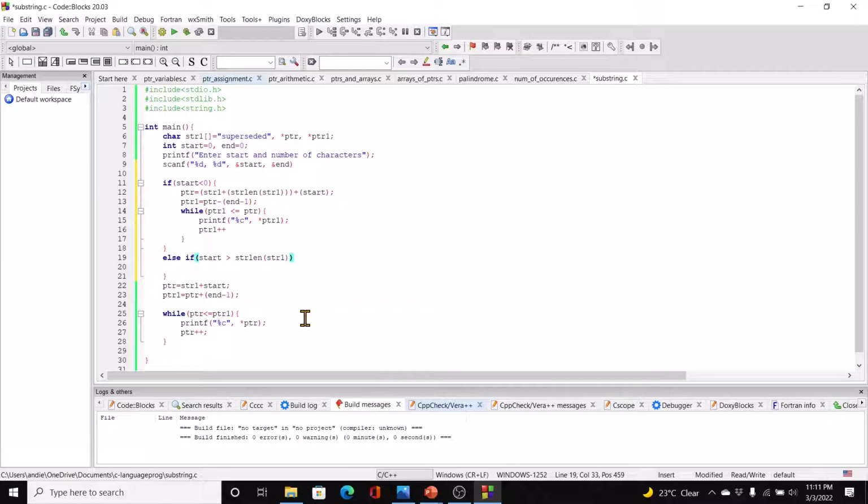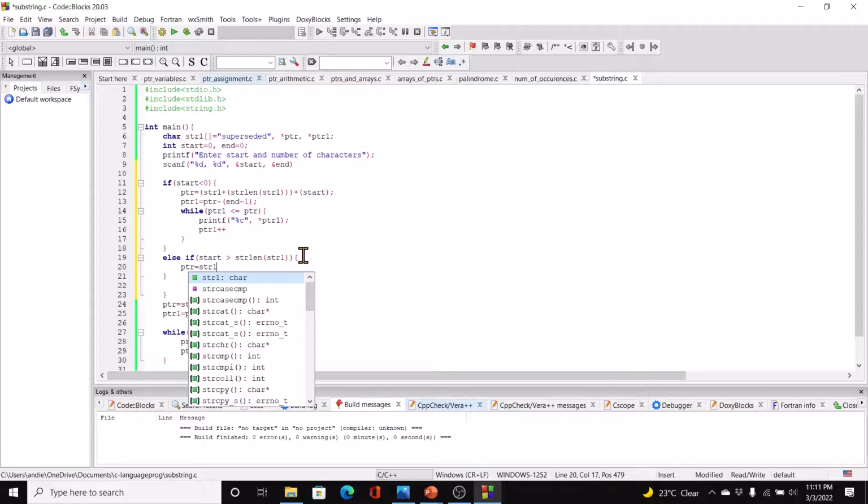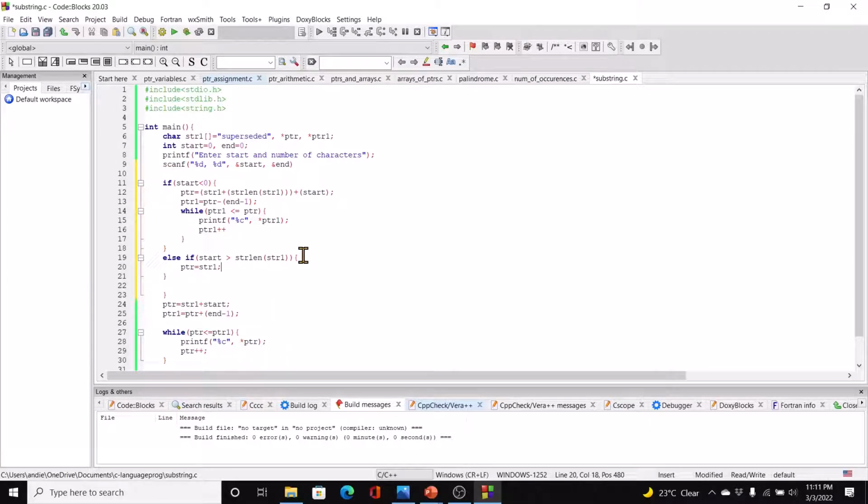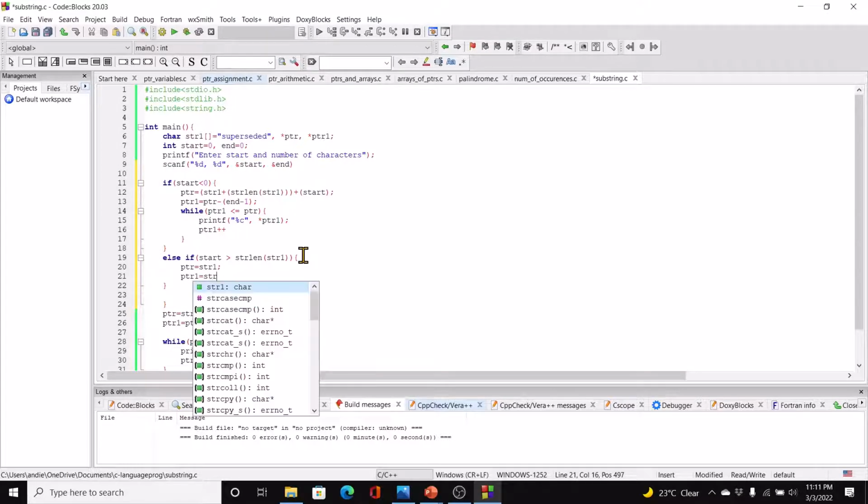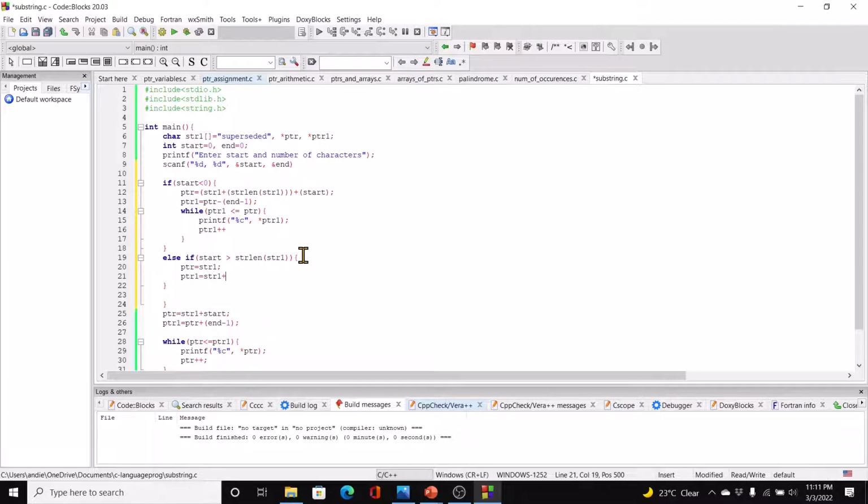Then what do we do? Code block again. Within the block, ptr equal to str1, right? And then ptr1 equal to str1 plus, again, end minus 1,